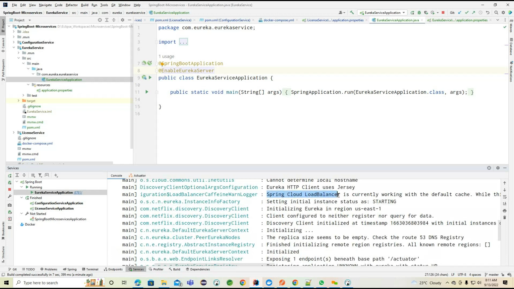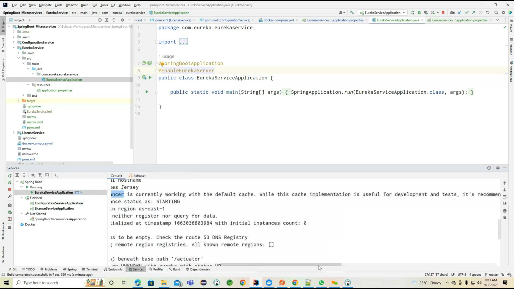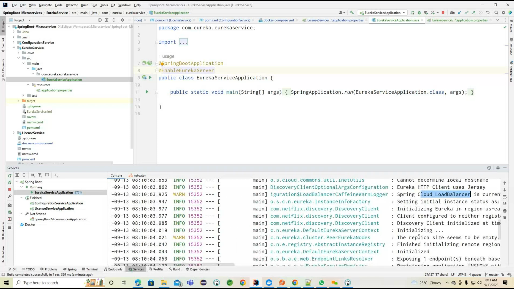Now you can see it's trying to use the Spring Cloud load balancer, which is currently working with the default cache. Getting the point? So as I suggested, we are getting the cache-related mechanism. By default, it is trying to work on the cache, and this is the cloud load balancer. Spring Cloud internally provides this particular load balancer. Okay, so now you can see this is the information we are able to see regarding this particular